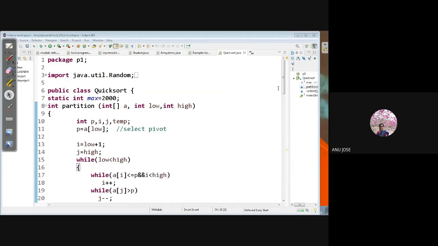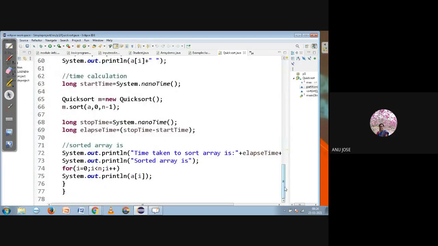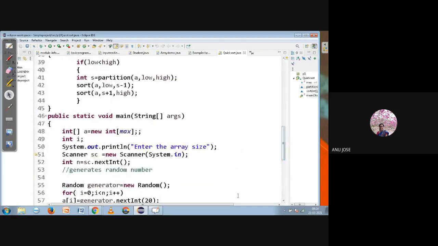Okay, this is the code part. I will start explaining from the main. The program execution, as you know, will be starting from the main. In the main function, we need an array to store these values, so an array has been created. The syntax of array creation, all of you already know: the array data type, array name, new, then the data type, then the maximum size of the array.